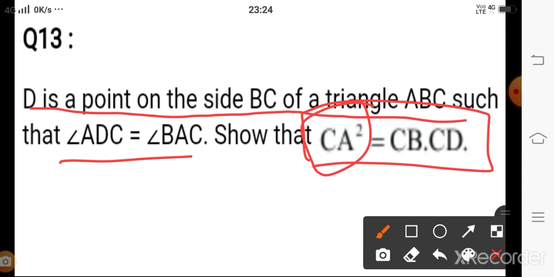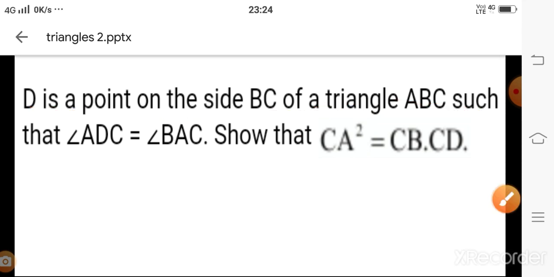It means that we have to make the triangles similar, and one thing we have to remember is which two triangles we have to take: those in which we are getting CA. Because when the sides are proportional, then on cross multiplication, the multiplication of CA and CA gives CA square. It means that we have to take the two triangles in which we are getting CA. Then let us do this.